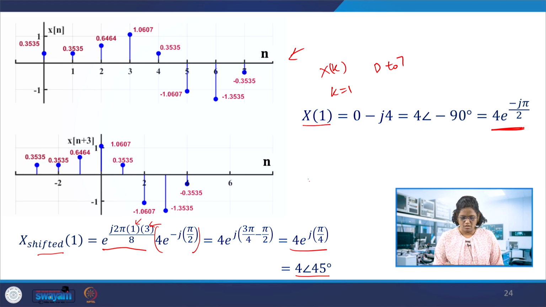So, if you know the DFT of the signal, the shifted signal's DFT can be found for whatever number of samples it is shifted. If it is one sample, then it is going to be 2 pi n by N, where k is the bin index, here it is 1. So, we are talking about the fundamental. If you are interested in only one component, just fix k equal to 1, and the shifting, either left or right, can be made here. So, the shifted signal's DFT can be found from this.